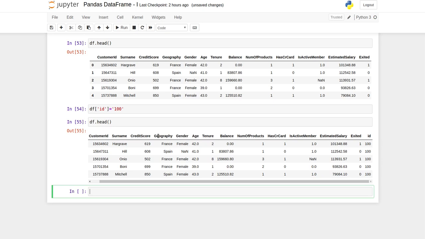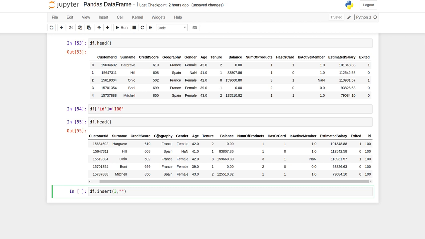Similarly, suppose you want to add a column in between two columns, there's a method I'm going to show you. So here's a method, insert. First of all, you need to provide the position at which you need to add the column. Suppose I'll say 3, then I'll provide the column name.